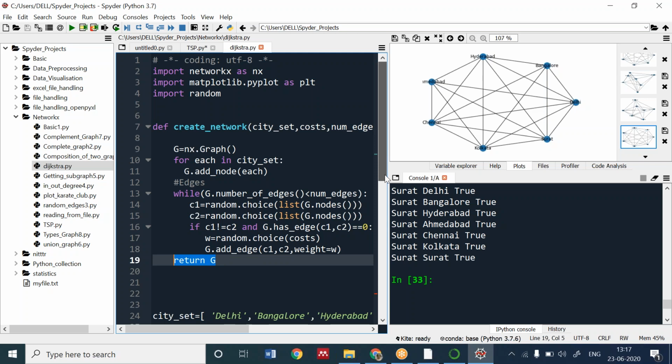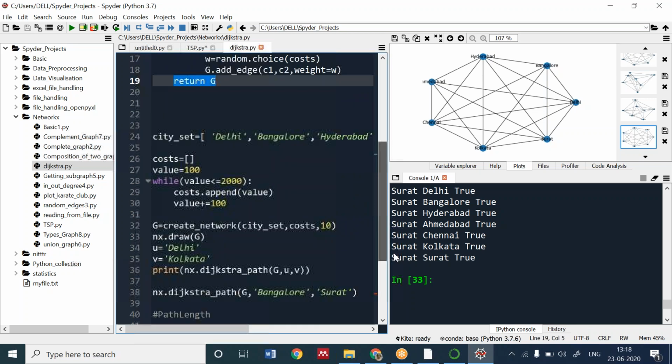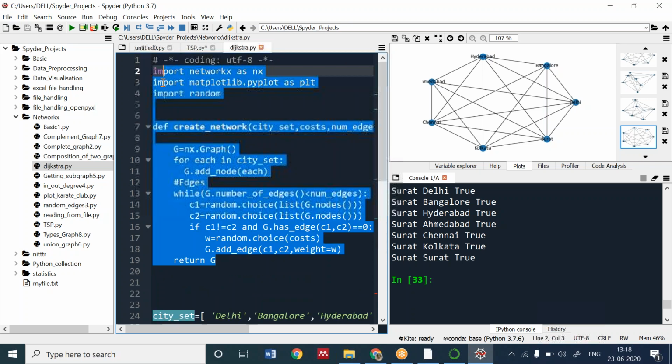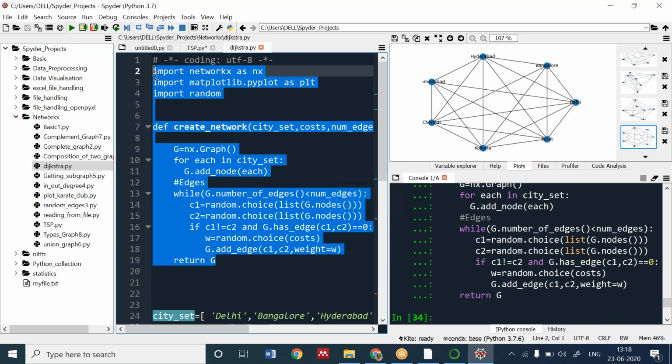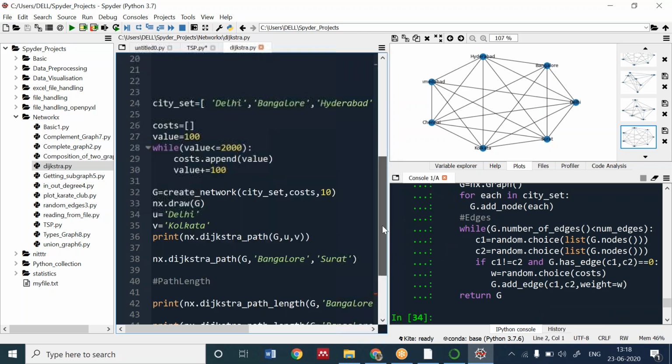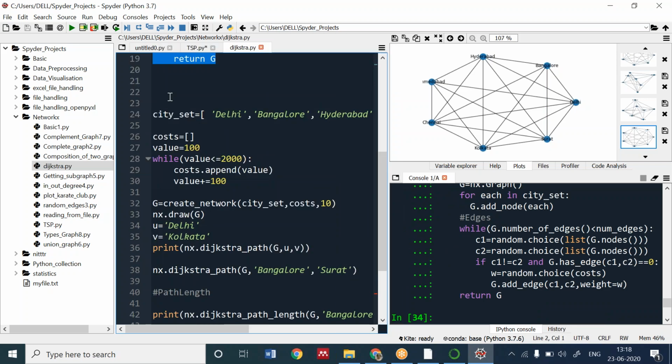Next, I am defining the city set, or you can define the city set here also, and the cost. Then I'm creating a network now. To create a network, we use create network. Let me run this set of code, then it will be easier for you to understand. For city set, you can use any city set.